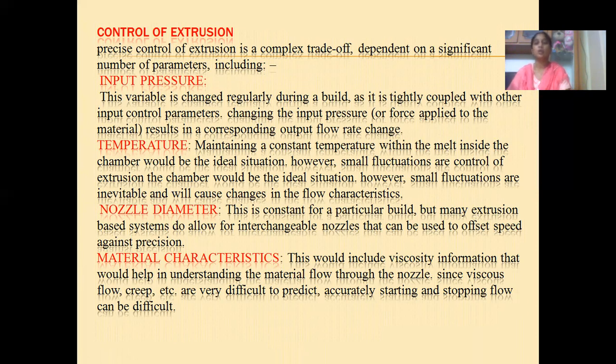This is unit 2. In this unit 2, we are discussing solid based rapid prototyping systems. The solid based rapid prototyping systems are laminated object manufacturing and fused deposition manufacturing systems. So in these two, we are discussing the different types of extrusion process and also different types